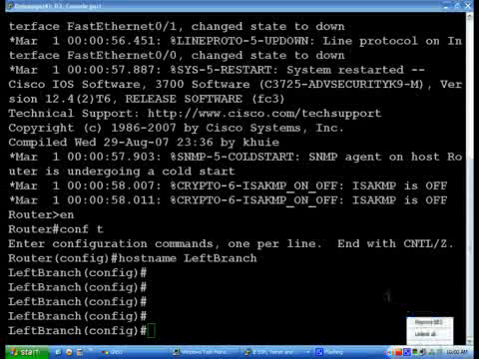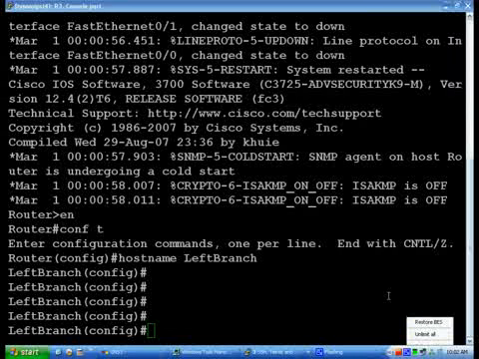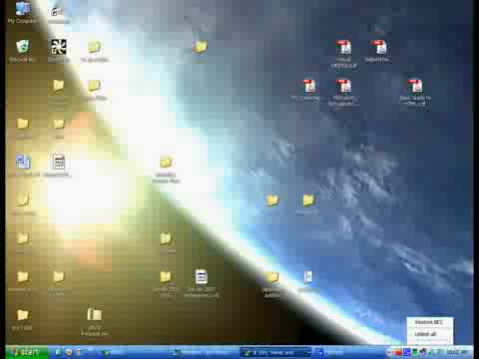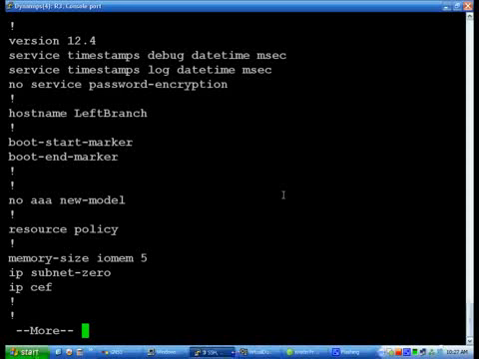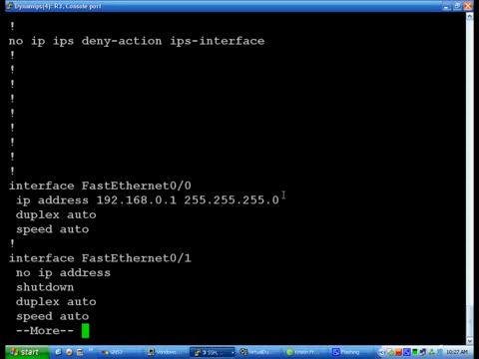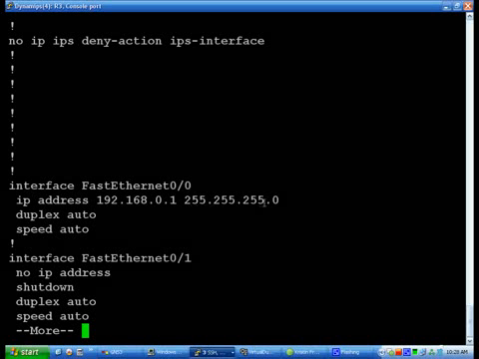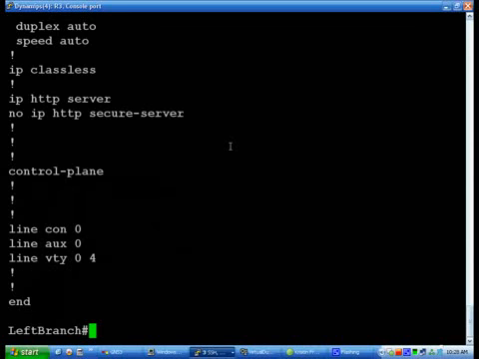Let's do that one more time. Wait for it to build the configuration, and there we go. Interface FA0/0, IP address 192.168.0.1/24, and the shutdown there is not there. So, alright, now that's just how you assign an IP address for that. Now let's say